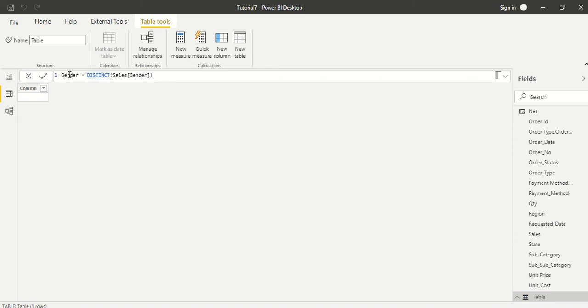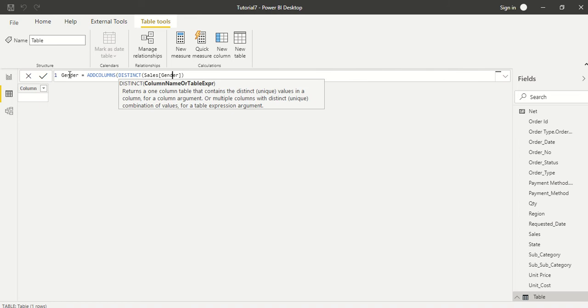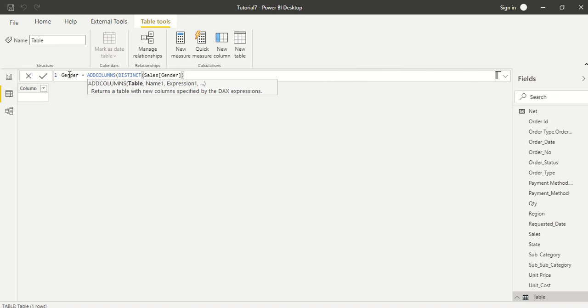Now for the rank column we need a table name, but right now, because we are going to use ADDCOLUMNS and the table is still not created, we have to use this on Sales[Gender] only. So we will call it gender ID, and simply we can call it an ID column.